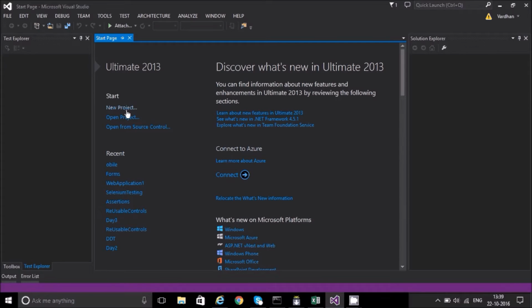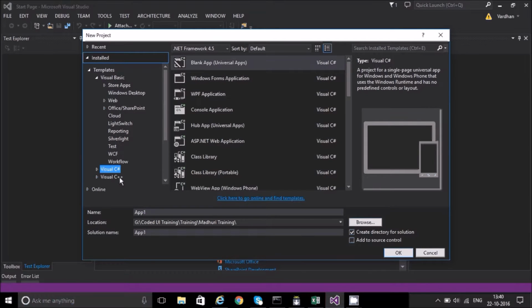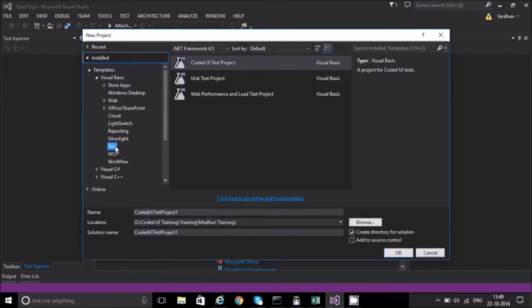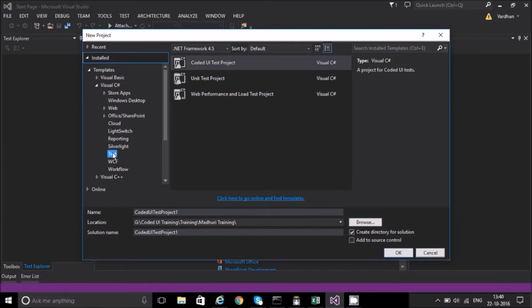Here I am creating a new project and I will select the template as test under Visual C#. Why? Because we are automating here using C# coding. If you are familiar with VB or Visual C++, you can select that template and test under Visual Basic. Here I'm writing my script in C#, so I will be selecting the test under C#. Under test there are 3 projects: coded UI, unit test and performance. Here we are working on coded UI, so I will be selecting the coded UI project and I'm naming the project